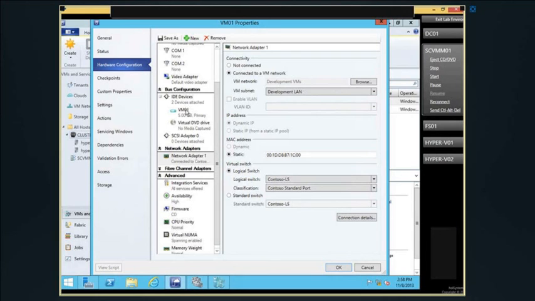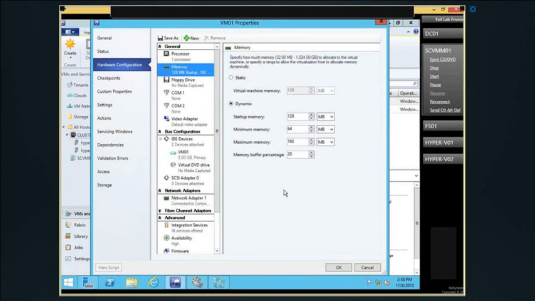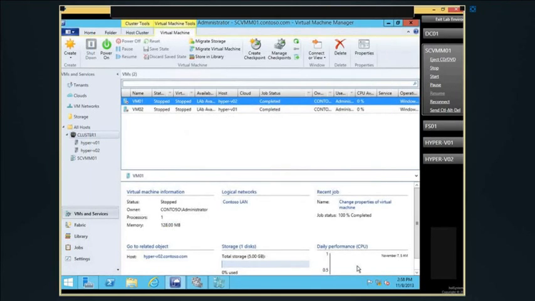We have the same kind of things around our hard drive, how much storage we're going to have. Do we want to compact that drive? Notice our memory switch almost looks identical to what we've had before. So you have the ability to come in and really see some different properties. So depending on how you're looking at your virtual machine and your virtual machine settings, whether you're in VMM or Hyper-V Manager, you're going to have a different look and feel, but at the end of the day, it's still the same kind of stuff that we have. So I'm going to go ahead and just stop this demo real quick, but I wanted to give you a quick tour of the different types of things that we can